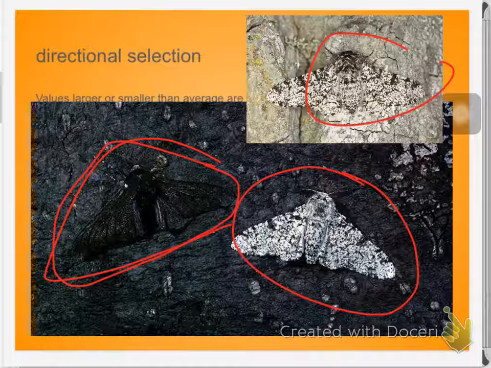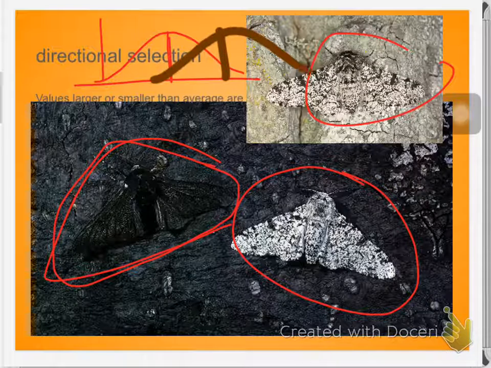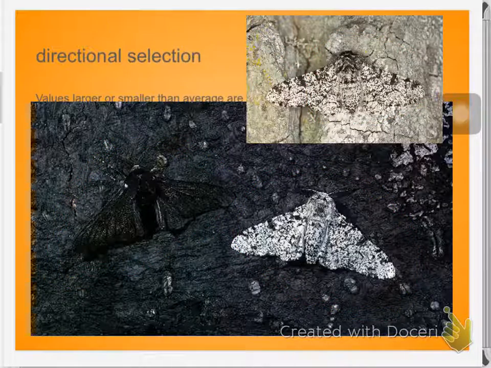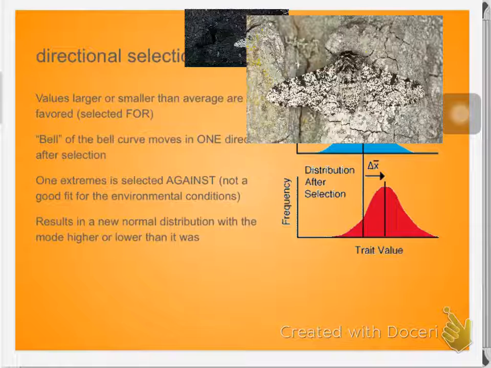You still had a distribution, you still had variation, but you had very few of those light-colored moths. And if you looked at the distribution with color being the characteristic, that had shifted considerably. And so you had much, much darker moths on average. That's directional selection.